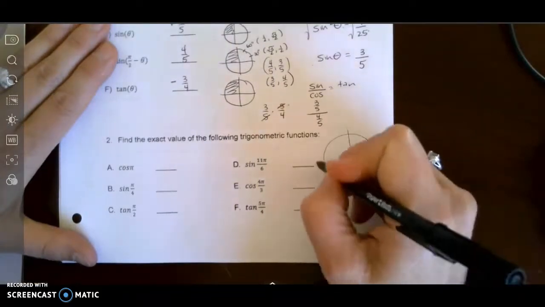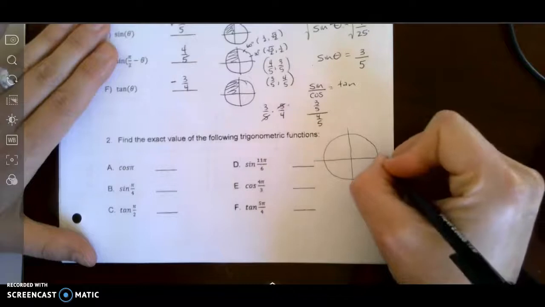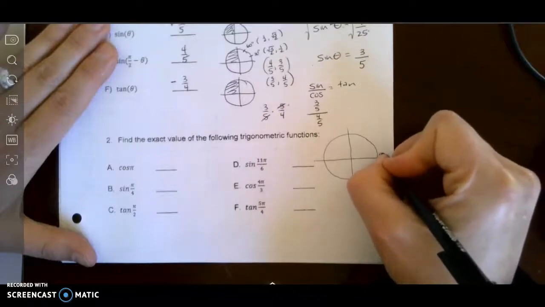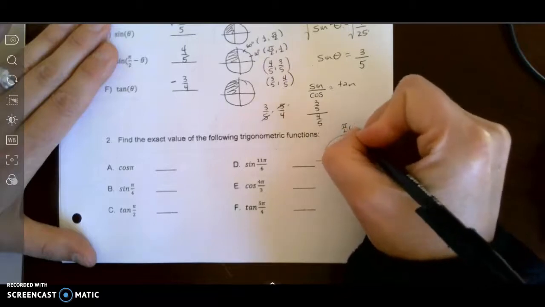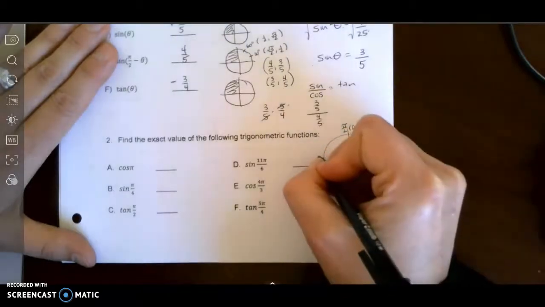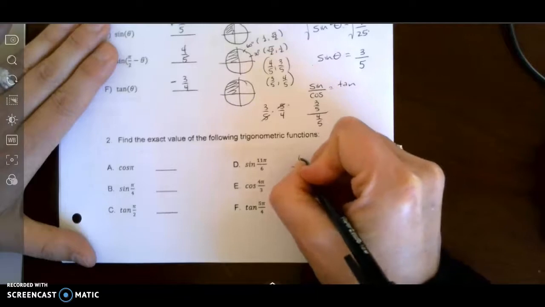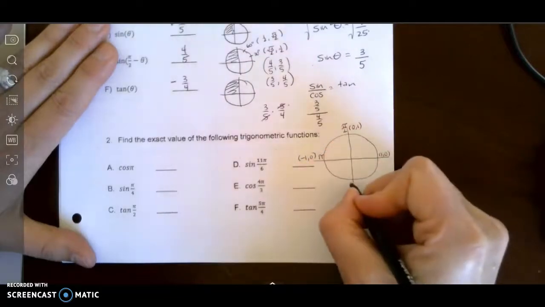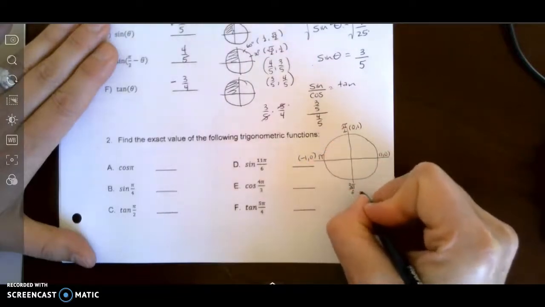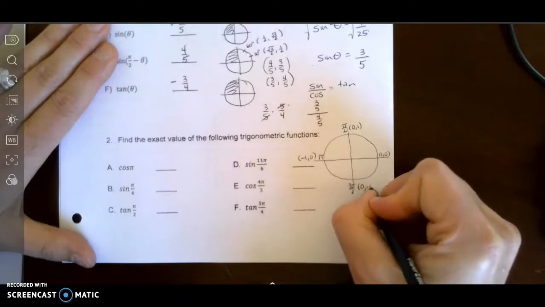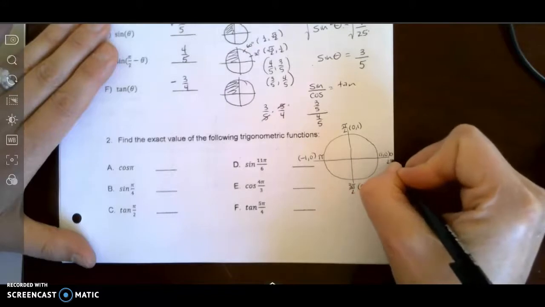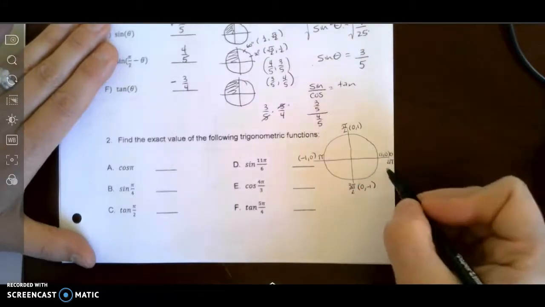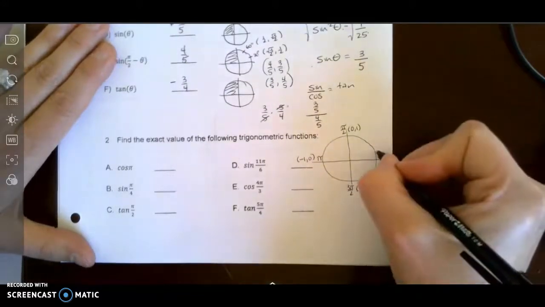I know that on my unit circle I have the ordered pair 1, 0, and at pi over 2 I have the ordered pair 0, 1. At pi I have the ordered pair -1, 0, and at 3 pi over 2 I have the ordered pair 0, -1. And this is for both 0 and 2 pi over here on this right side. And then all I really need